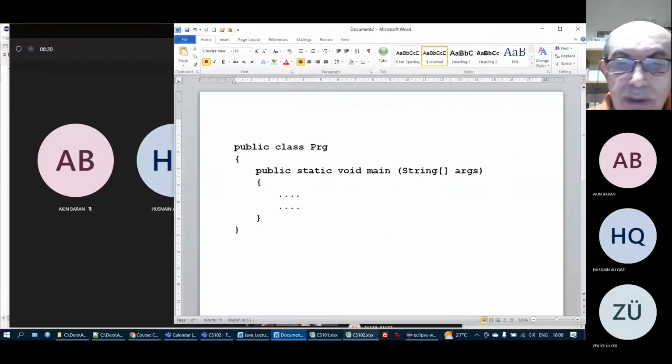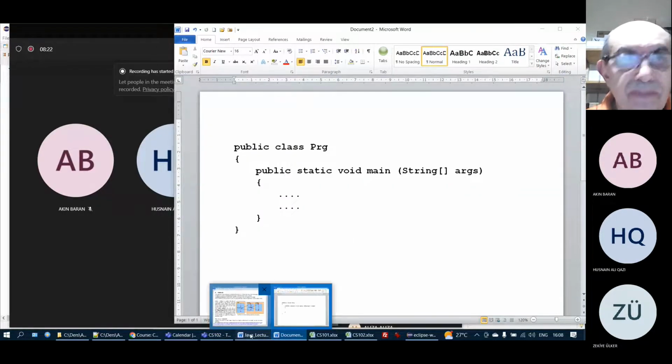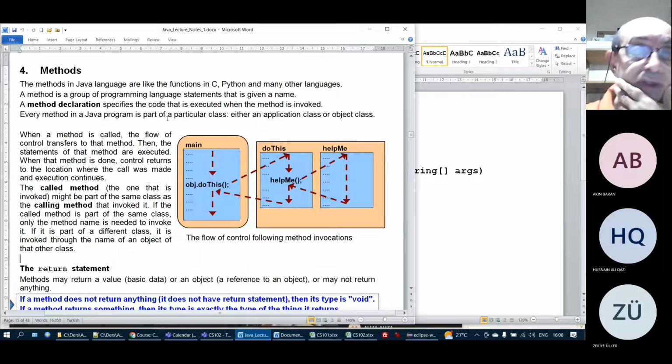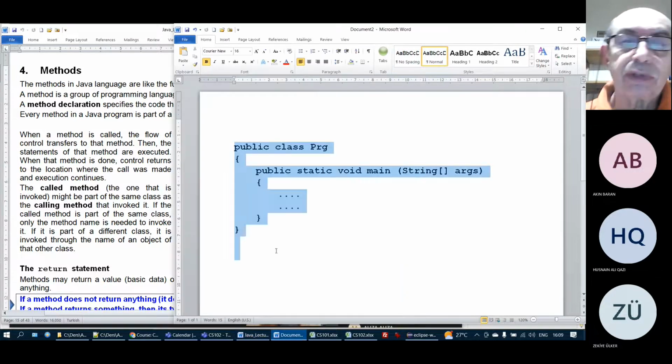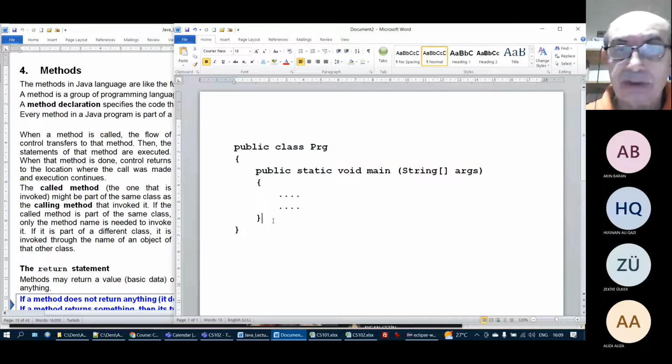Today we will see the methods in Java. What are methods in Java? Methods are very similar to functions in Python. This is our usual way of writing a Java program. When we have a method,